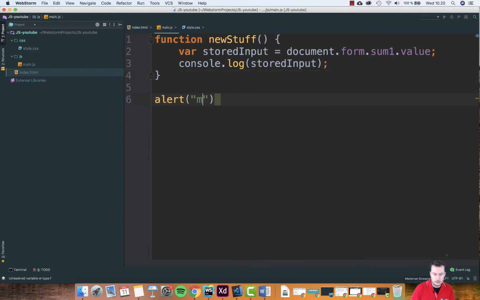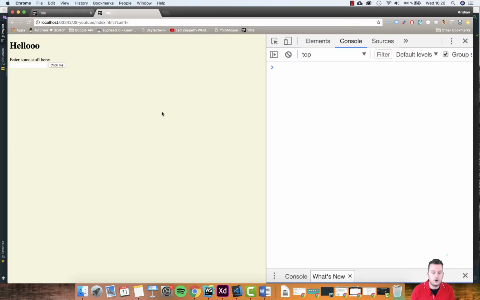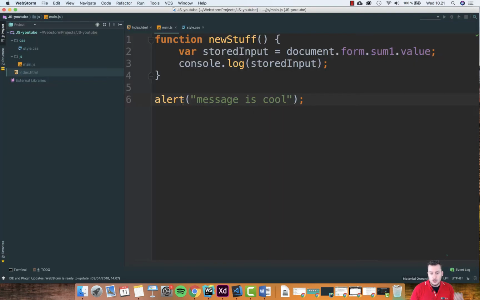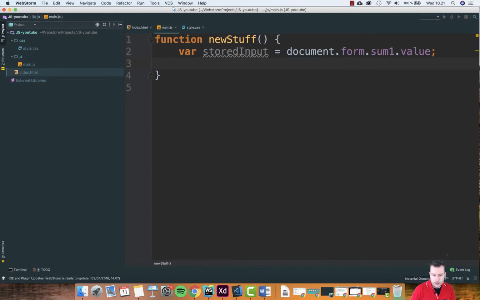So alert, message. Let's just see what an alert is. An alert is a pop-up box. I can't do anything before I click OK, and then I can do more. So we're going to be using an alert in our if statement here. Now I'm just cutting this because I need it later, but we're still going to keep our variable, of course. We still need the inputted information in our newly created